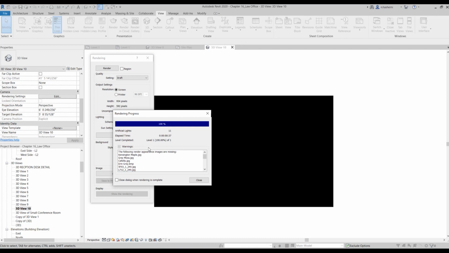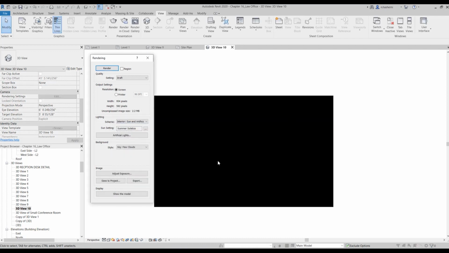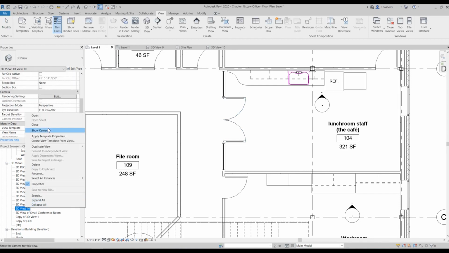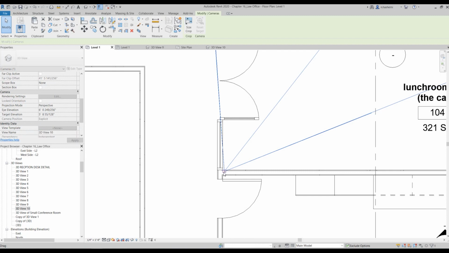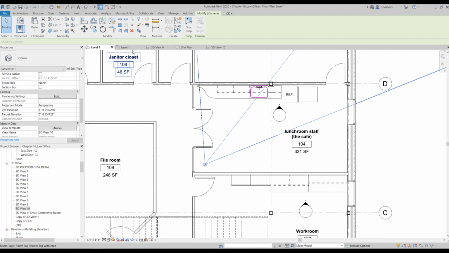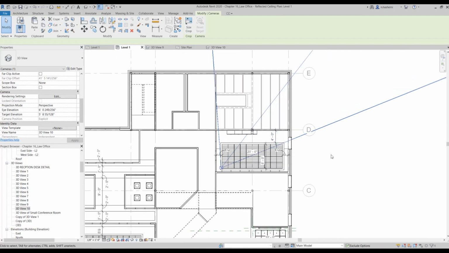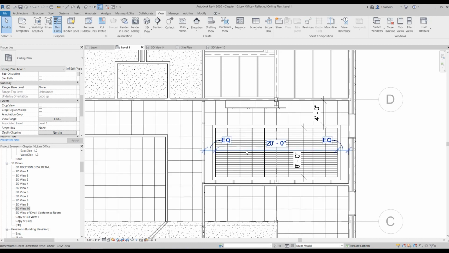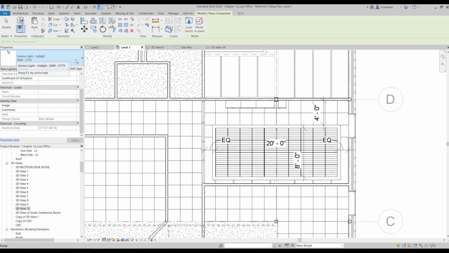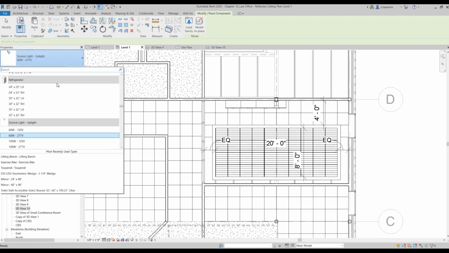Okay. So it seems that something is going wrong in here, and I think my camera is kind of in the middle of the wall. So let's go and see. Yes, it is. So I'm gonna move this to here, and then I'm also going to add an artificial lighting inside this space. So I'm gonna go to architecture component, and I'm gonna place some lights over here.